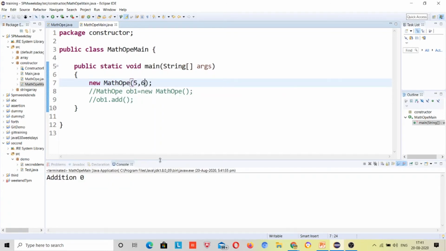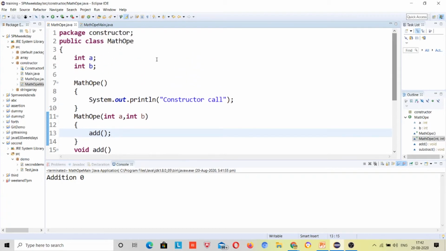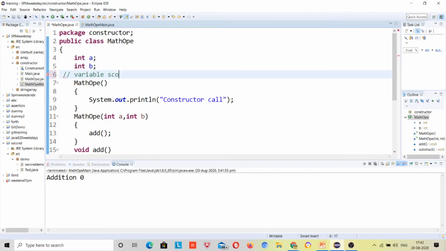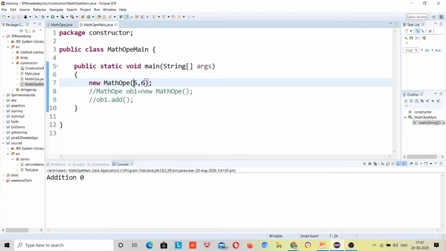Addition is 0. Why did this happen? Here comes a concept: first you need to understand variable scope. What happened when I passed 5 and 6?